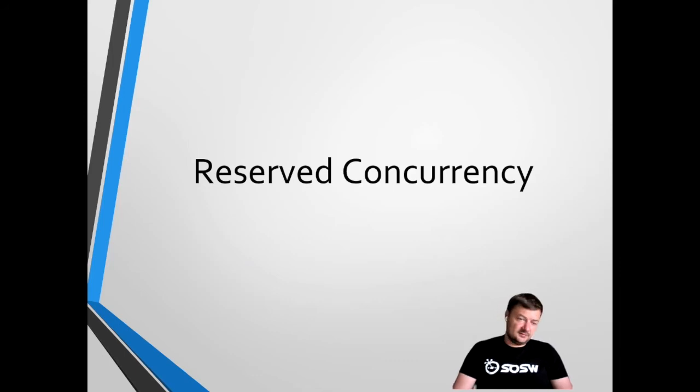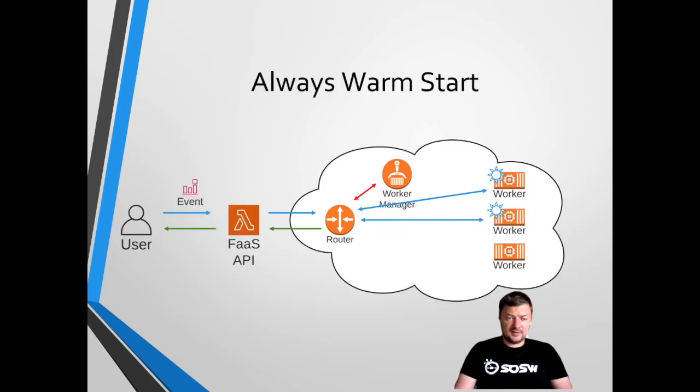Reserved concurrency. There is not that much to add to the title, and you probably remember that the worker manager always knows if he has any idle containers, and frankly speaking, he can even predict if after a few milliseconds he will get a new request. But what we really want in this case, for reserved concurrency, is to always have a sufficient number of